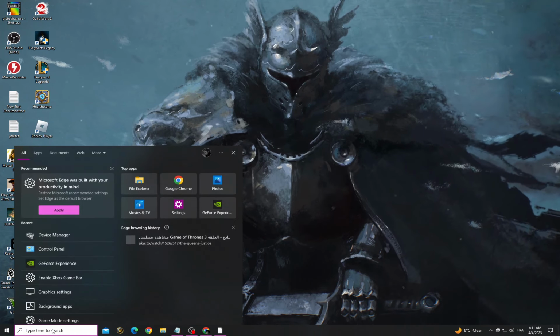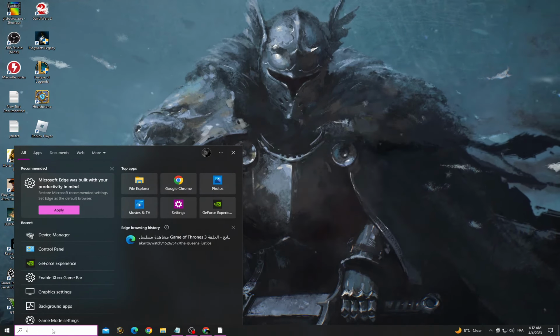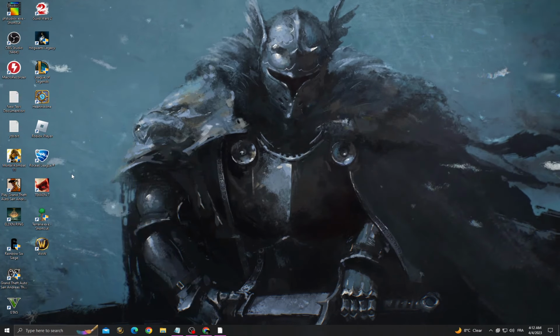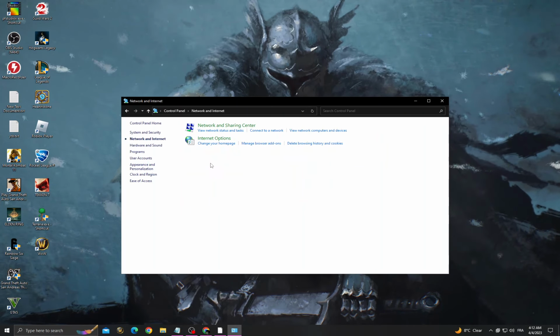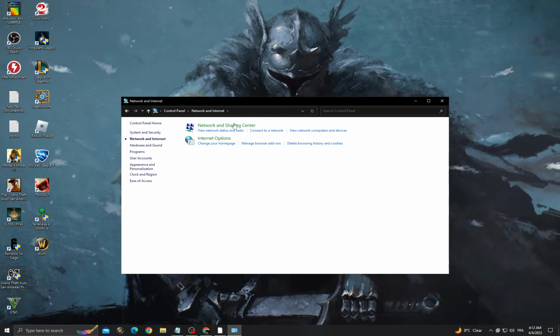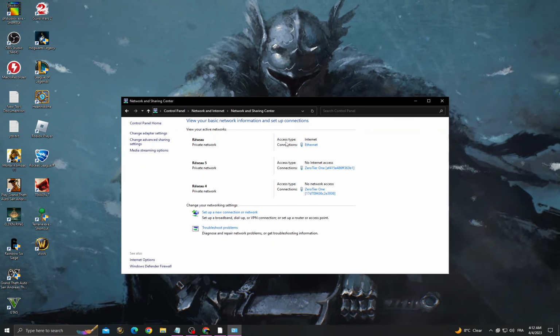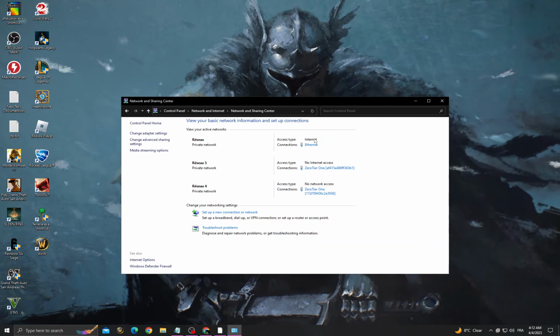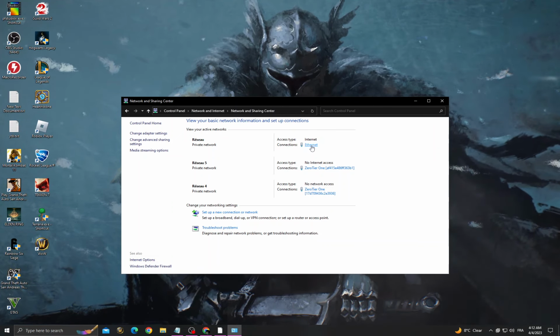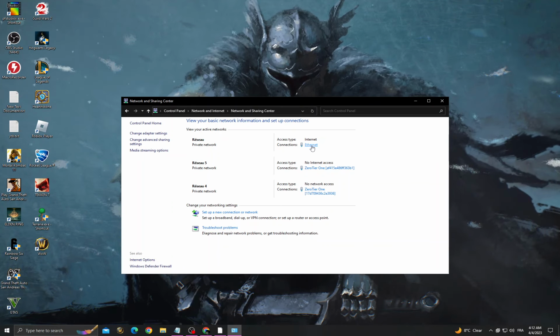And now go to control panel, network and sharing, network and internet, and then network and sharing center. Now first option, go to access type internet, it must be internet, and then connections, maybe it's internet or Wi-Fi,